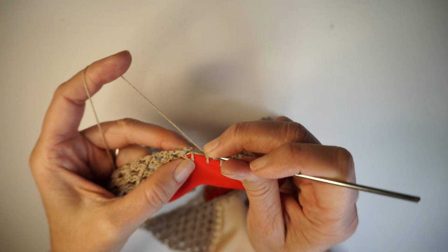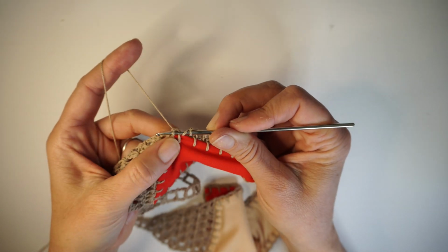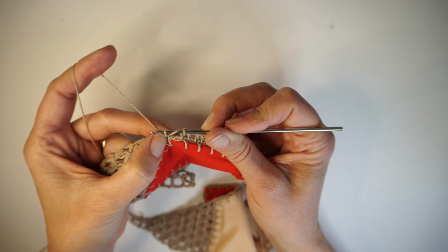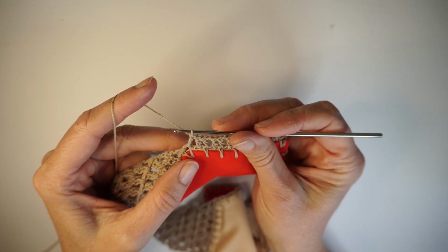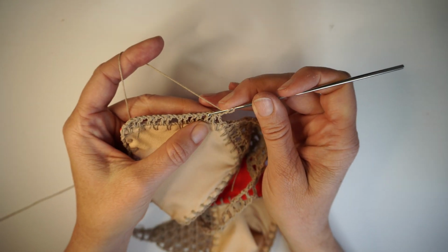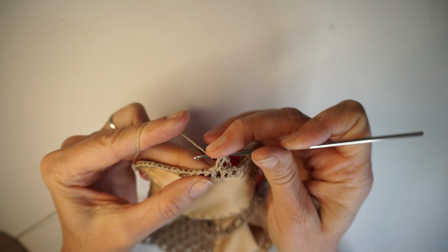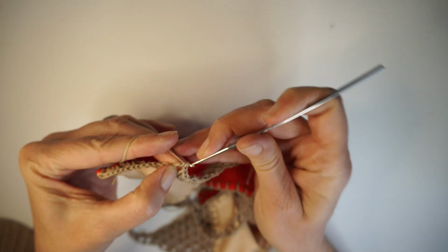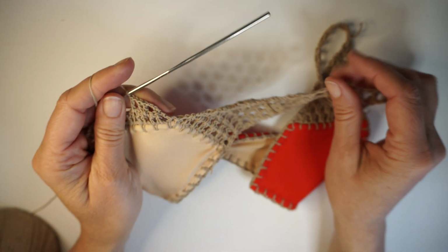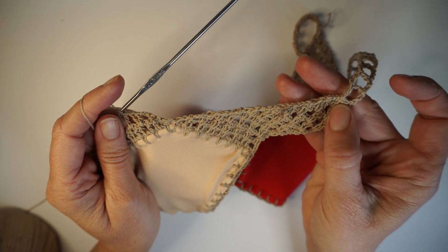And then the last one, you don't make the chain, you only make the double crochet right here in the middle, in the top part of this triangle here, where you had the 2 single crochets from before and the chains. That's where you make your last double crochet, and then 1, 2, 3 chains, and you turn your work, skip 2 here and make 2 double crochets, 1 chain, again repeating the same thing we did here before. So the number of rows you're gonna have at the end are 2, 4, 6, 8, 10 rows, okay,